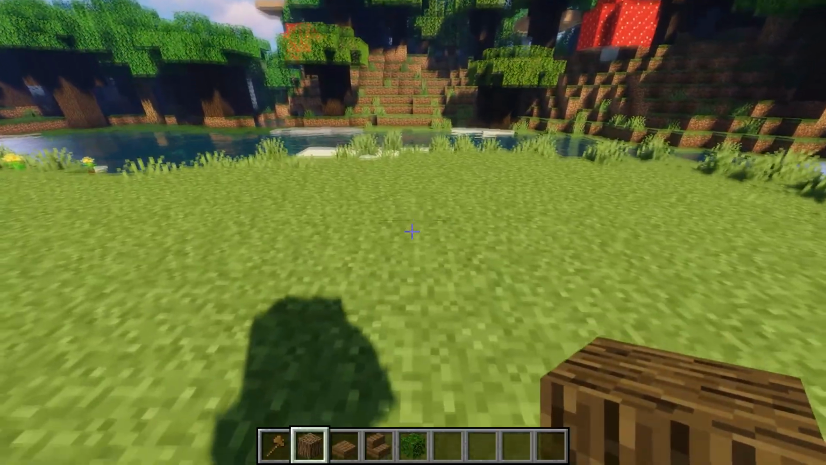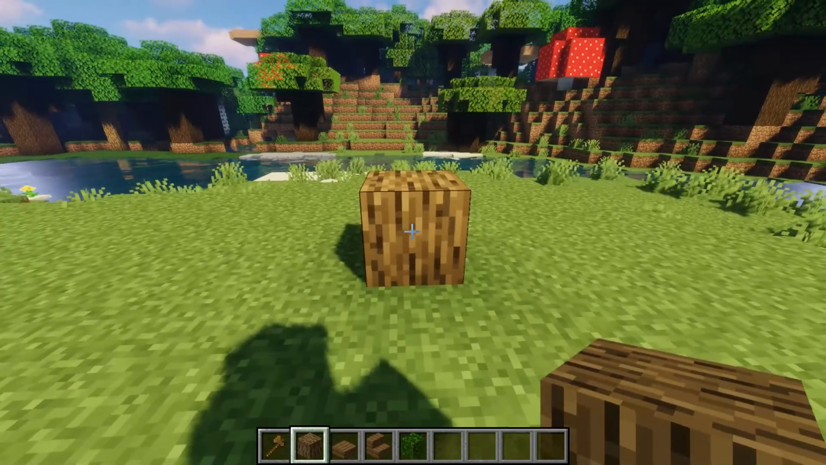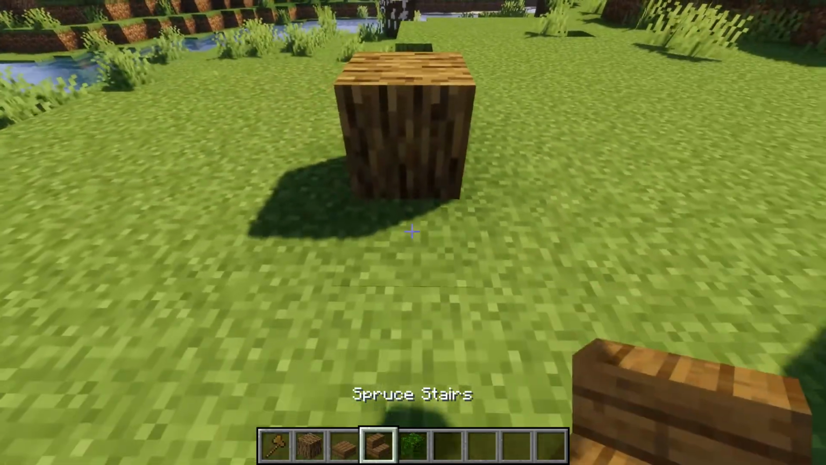And start with your first block. We're going to toss the oak block down right there, and we're going to put a stair on the side